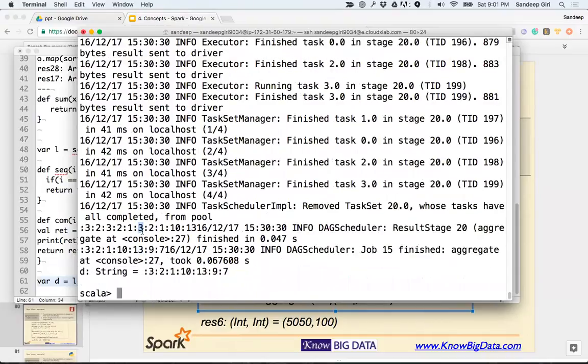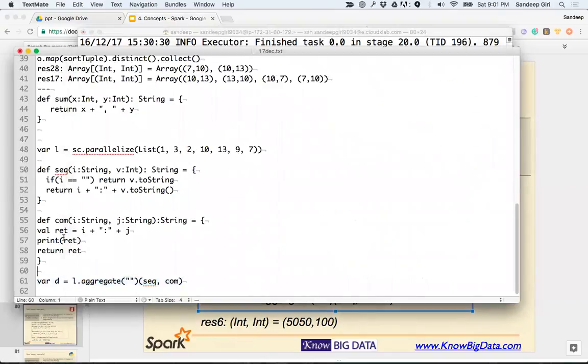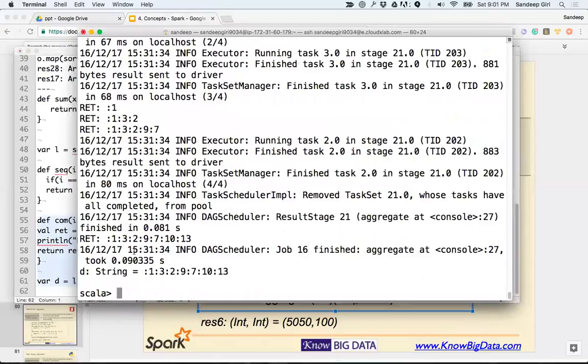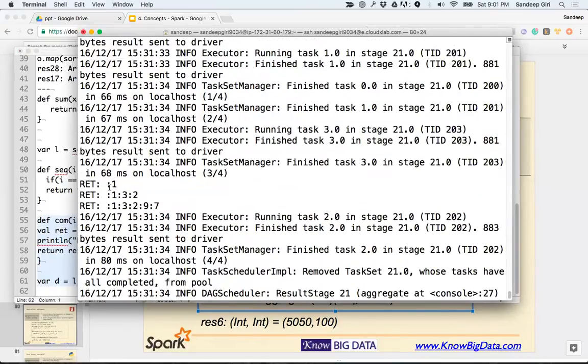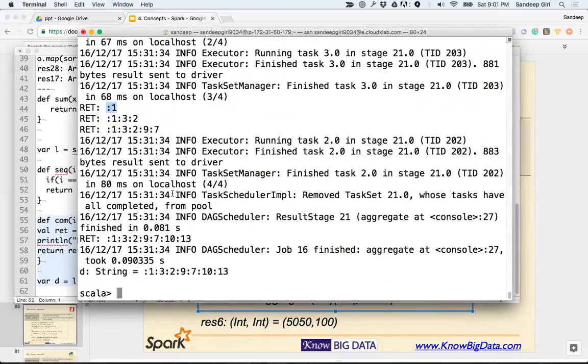I think here it's printing. Here it's printing. All right, let me try to say something like this. I think that'll make more sense. Okay, so you can see that it has got only one partition. All right, here we go. Interesting. So it did the,